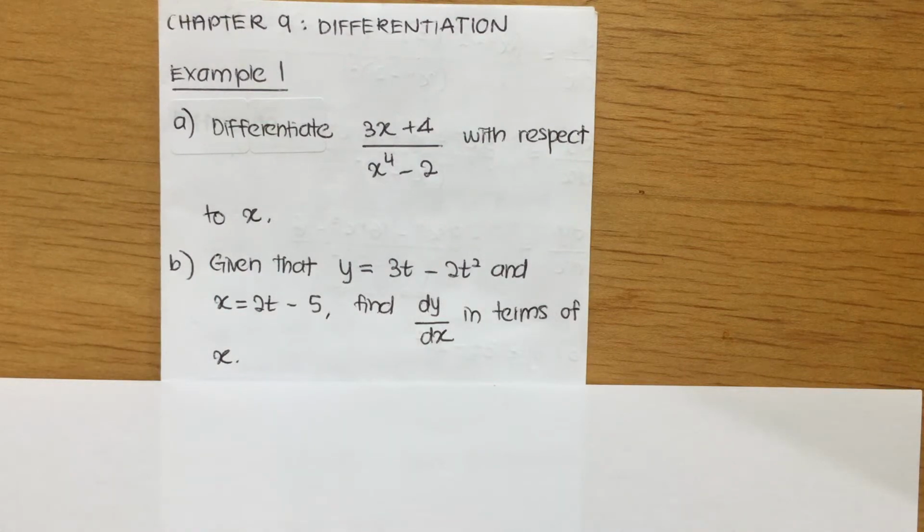Now I'll be discussing Form 4 Additional Mathematics, Chapter 9 Differentiation, Long Question Example 1. Let me read the question Example 1 now. Differentiate (3x plus 4) divided by (x to the power of 4 minus 2) with respect to x. Given that y equals t minus 2t squared and x equals 2t minus 5, find dy/dx in